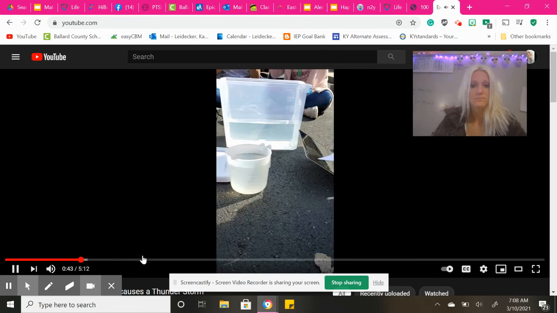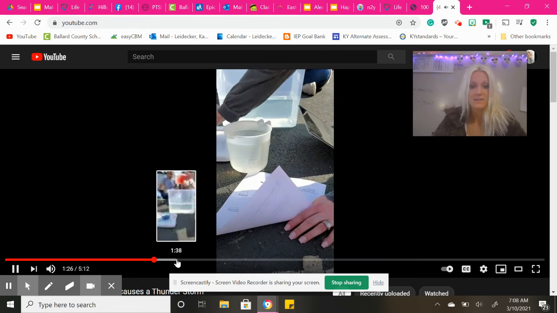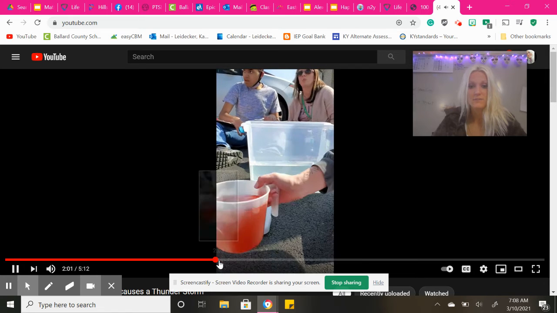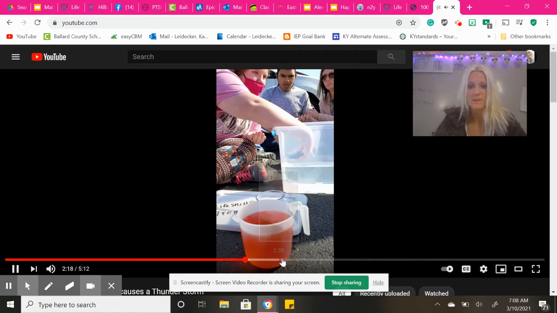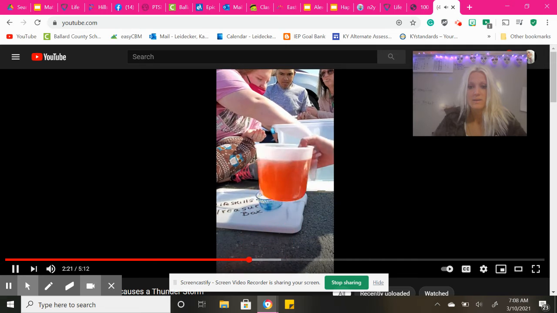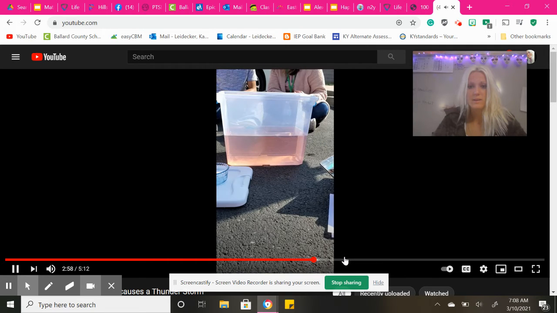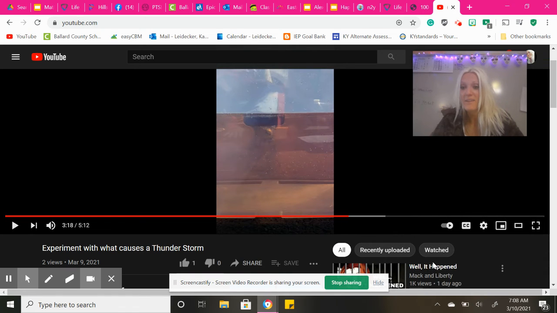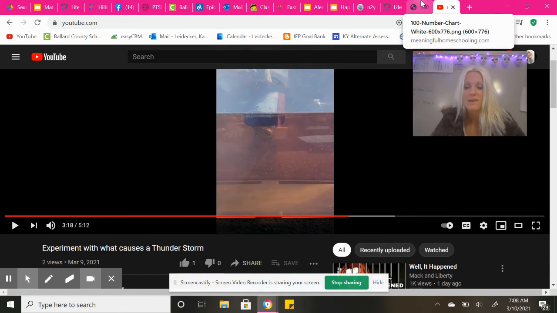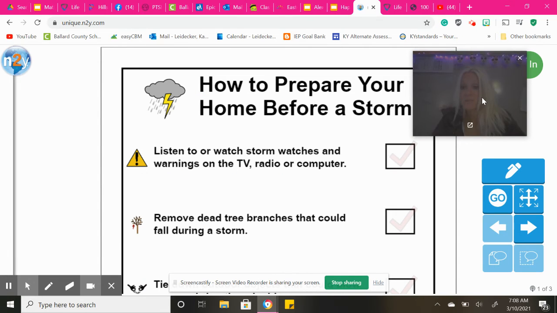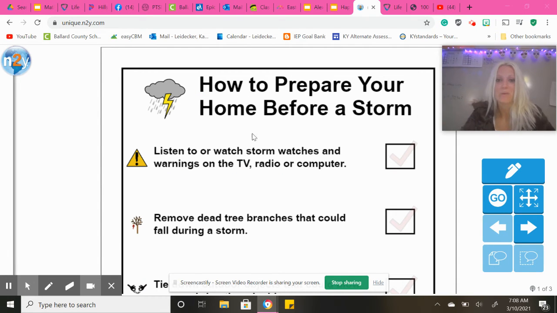So I go through all the different steps to our experiment, and you'll see there, see, that's our cold air and warm air meeting, and that's what creates our thunderstorm. So I'll put that on there, and you can go back and watch that if you want, for what we did yesterday. Anyway, that's what made me think of it when I saw this,